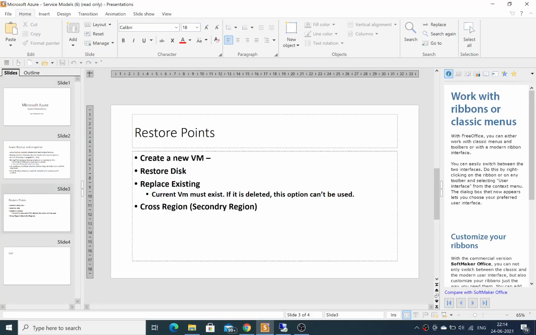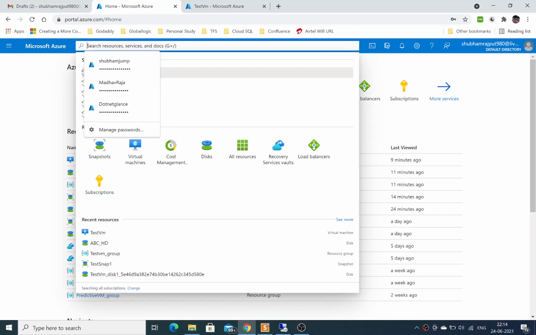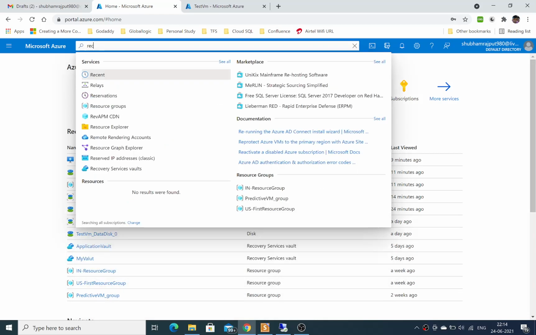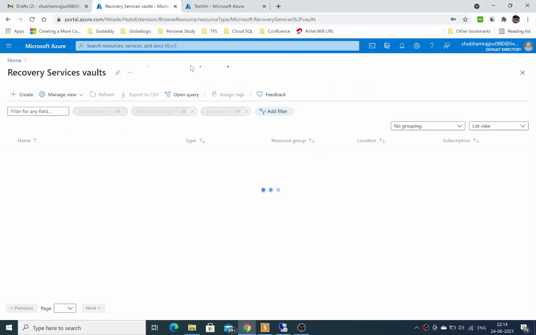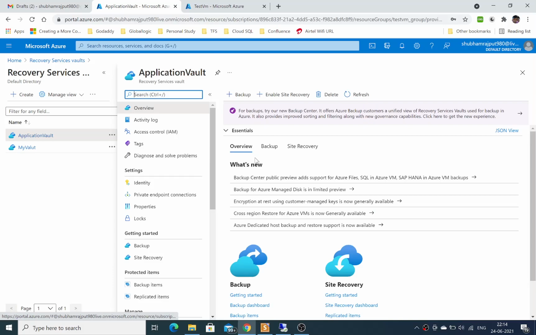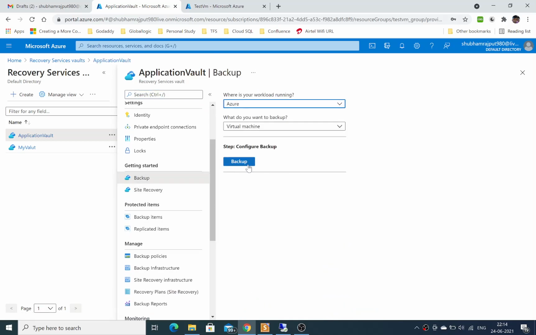Now coming to the Azure portal. This is my Azure portal. In this, I want to show you the recovery services vault, and from there the backup.